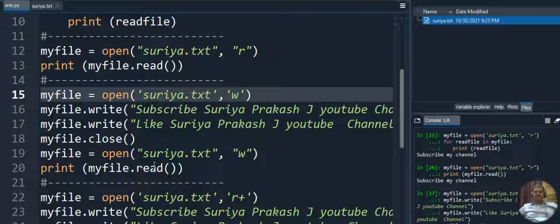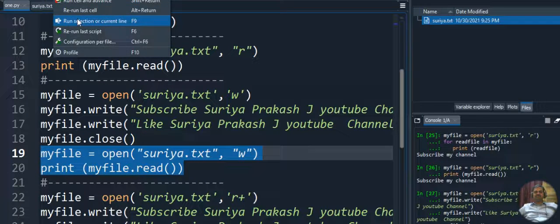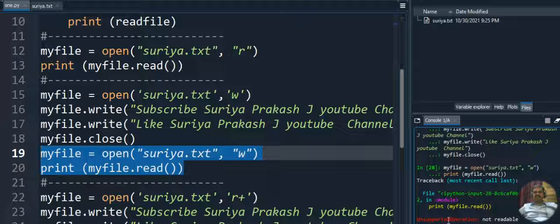Okay. Now I try to display the content. I try to read the content from the file. It's not possible because I gave write mode. Through write mode we are not able to read. The accessibility is not permitted. So when we execute this particular code, it will show an error: unsupported operation.